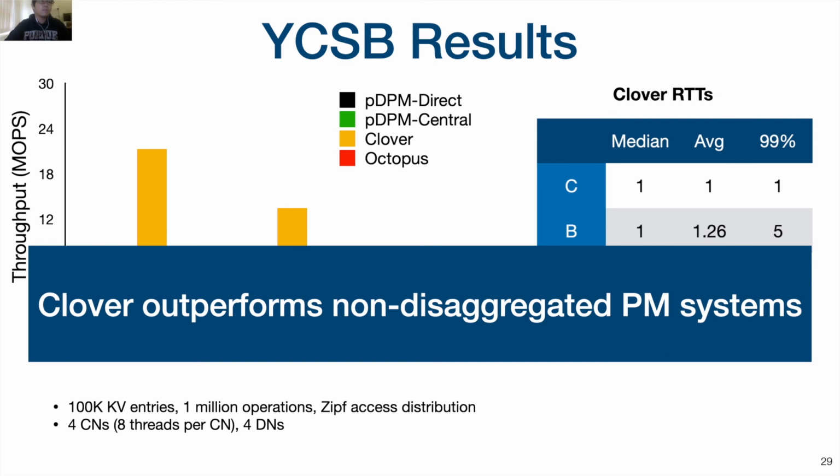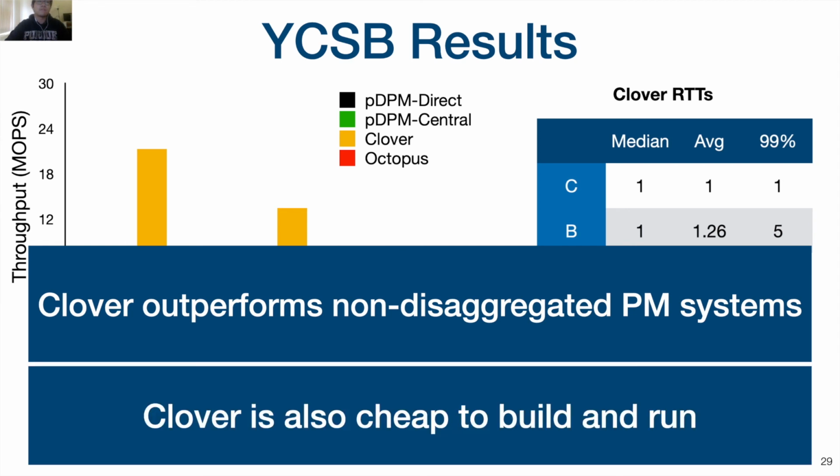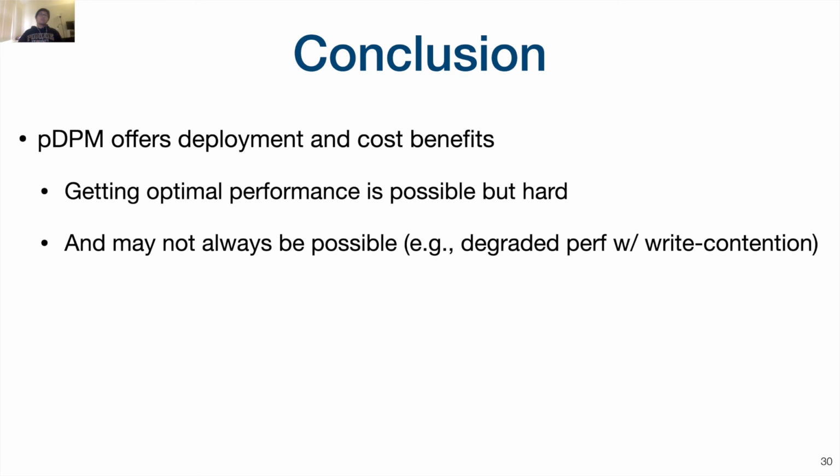We also conduct experiments and analytics to demonstrate that Clover's CAPEX and OPEX are both lower than active disaggregation and non-disaggregation. In today's talk, I reviewed the spectrum of datacenter PM deployment models and took a deep dive into an unexplored research area called passive disaggregated PM. Our results show that PDPM offers deployment and cost benefits, and it's totally possible to get optimal performance with the PDPM model. But achieving it is hard, and it may not always be possible, as we see with